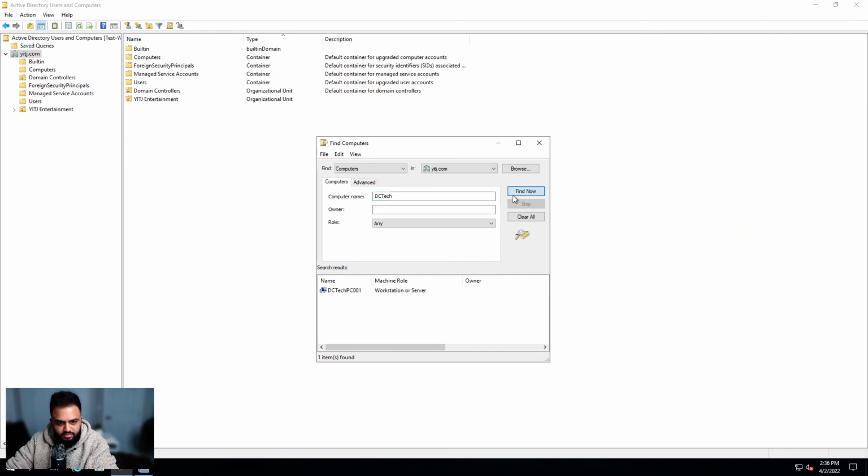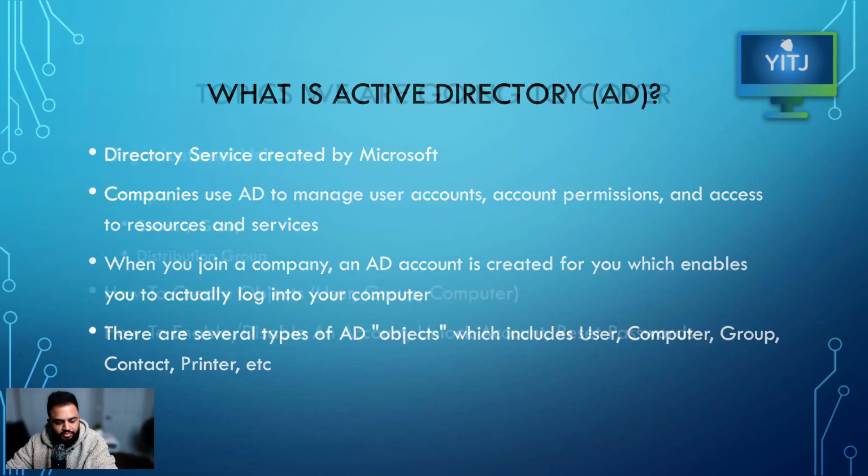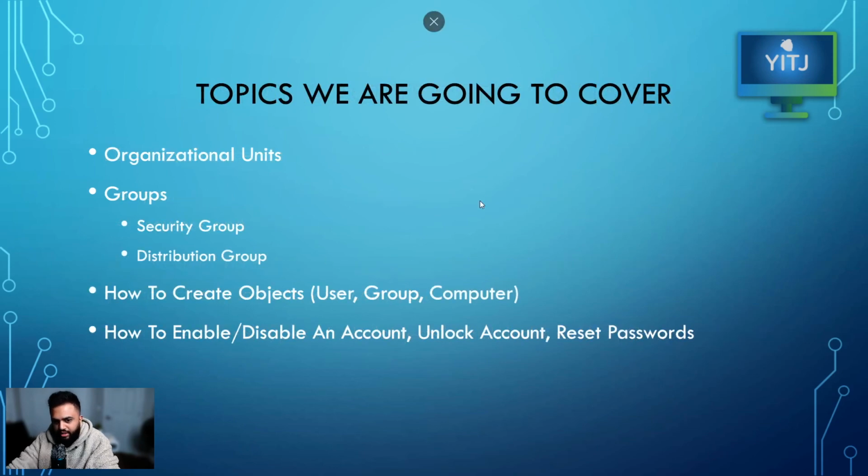You also don't have to type in the full name. You can hit find now. I mean, if there's other DC Tech computer objects, it'll display them all. It's also not case sensitive. So DC Tech PC, enter or hit find now. It'll show you. But just to wrap it up, guys, right here,